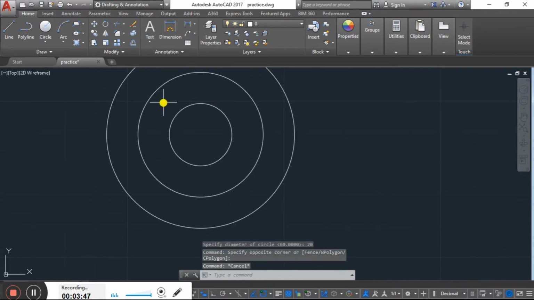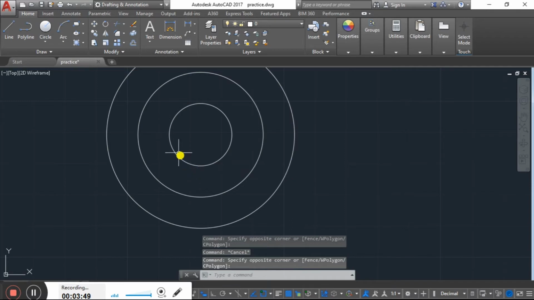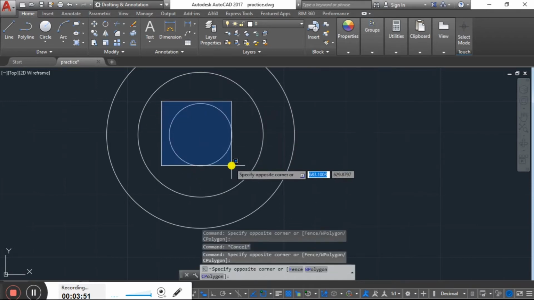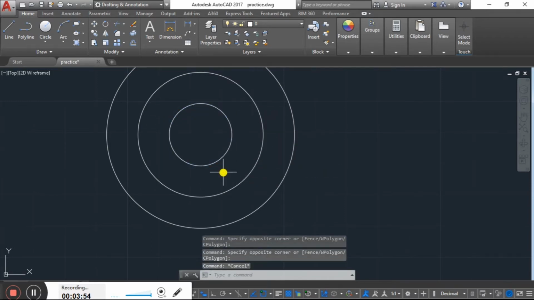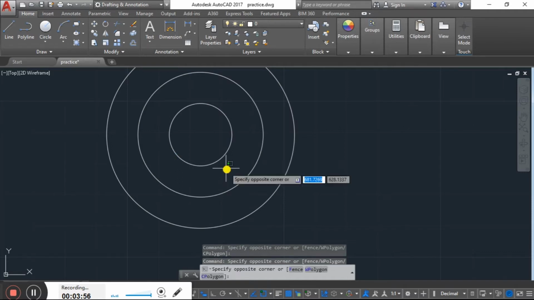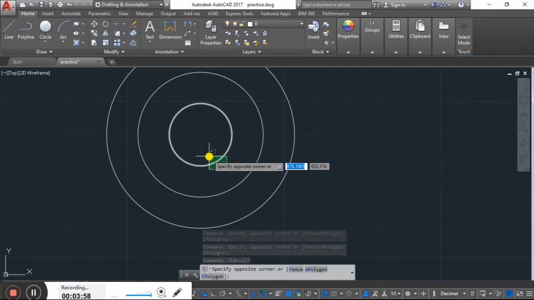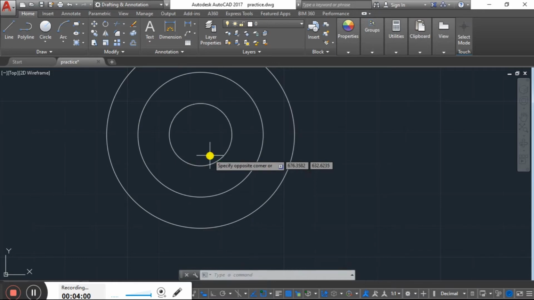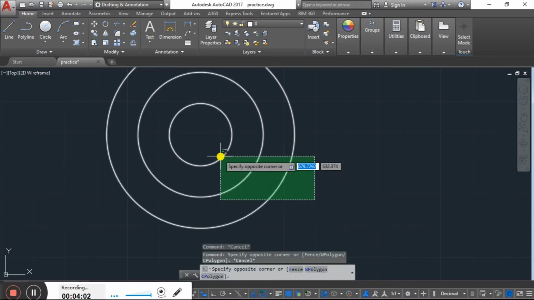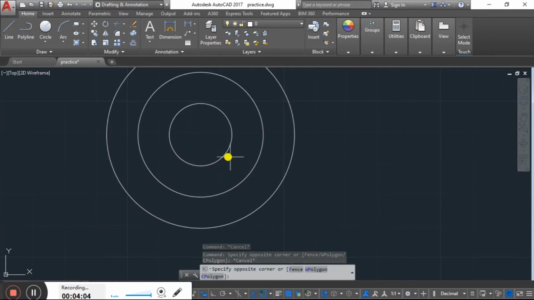If you select it with the blue window, you can't select it unless you enclose the whole object. With the green window, you can select just by overlapping, and even if you overlap any part of the object, it will get selected.